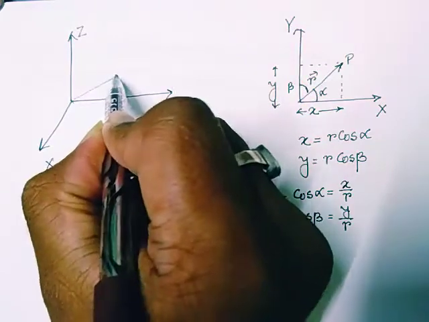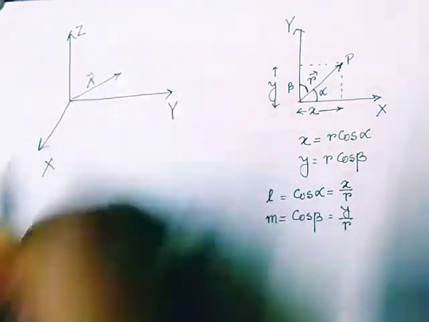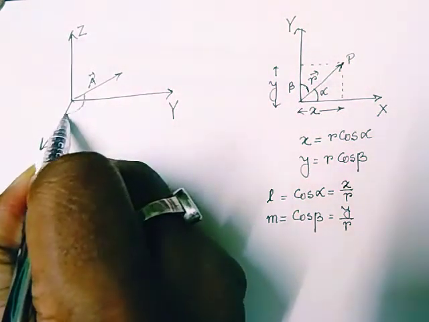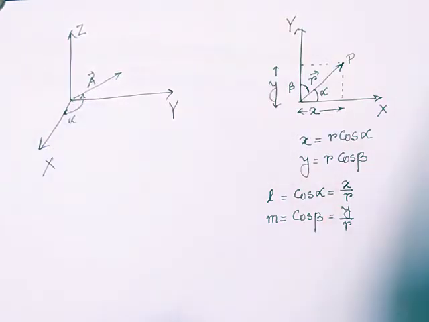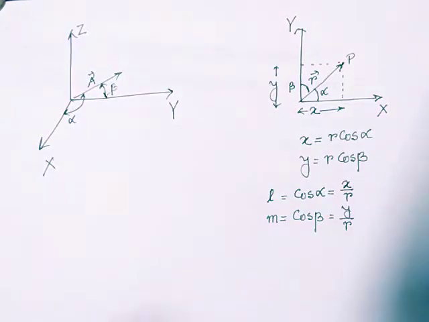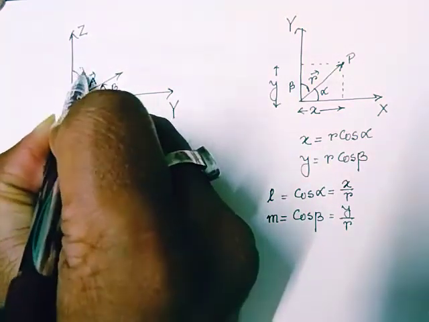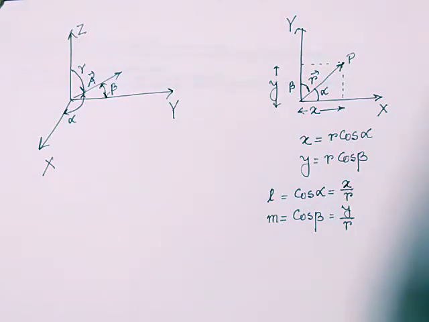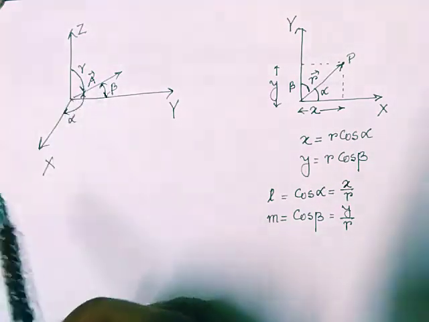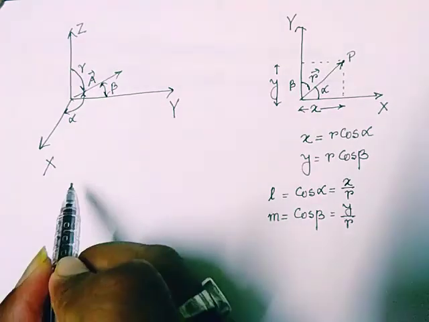Now I consider a vector A. If it makes an angle alpha with the x-axis, beta with the y-axis, and gamma with the z-axis, so three angles are here, then we can write: